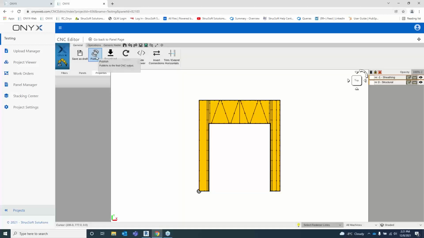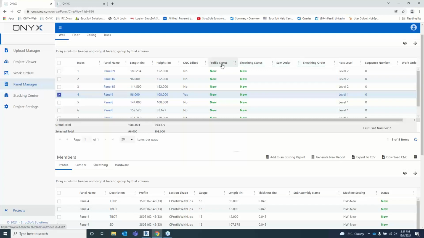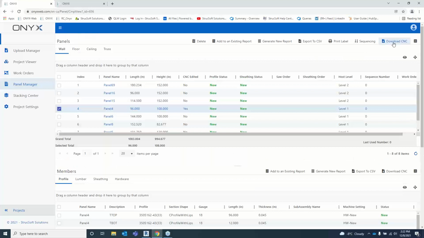And then again, if I just leave my mouse over here, you'll see it says that it publishes to the final CNC output. And then I can download my CNC file from here. Now, you can download based off of this panel, but what I'm going to do, just because right now it doesn't affect the status of our panel, is come back to the panel manager page and select panel 4. You'll notice here that you've got profile status, sheathing status. Okay, so if I download my CNC from here,